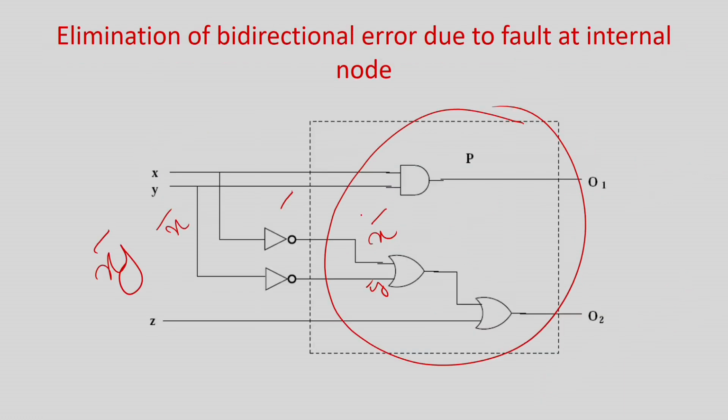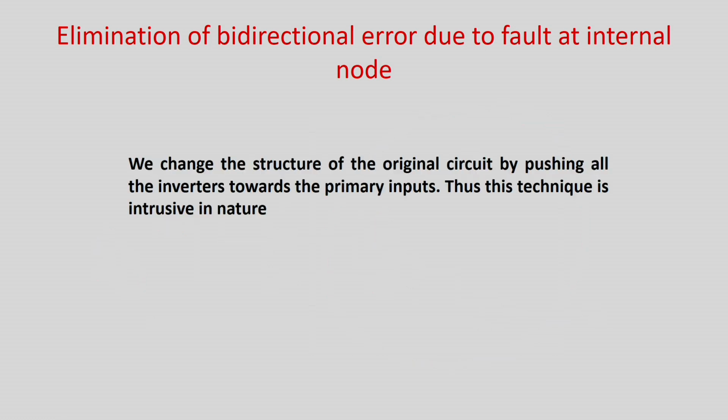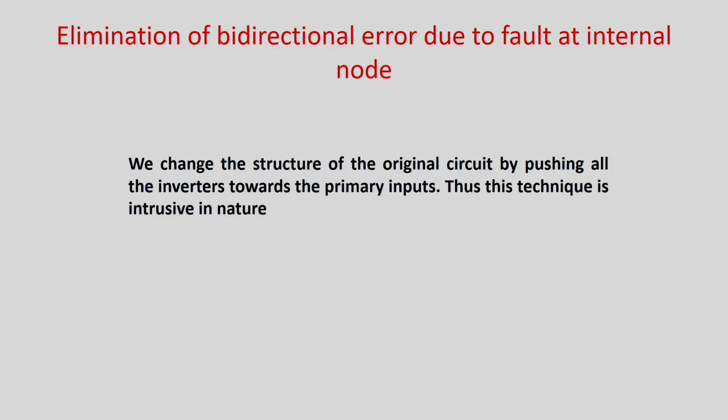Here you have put the inverters toward the outside, and by that you have to apply a lot of De Morgan's law in the gate. In all these mechanisms, the original circuit will get changed, and in modern days no designer will allow so much change to the circuit for getting it online tested. Of course, some changes are allowed, but massive changes like putting all the buffers outside, no logic sharing, nobody is going to take it. Actually, they are called intrusive designs.